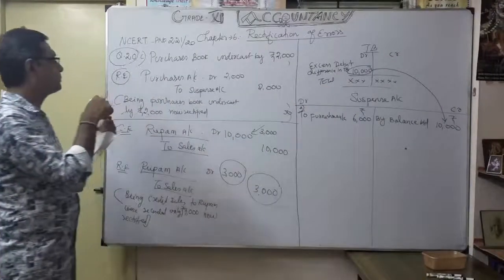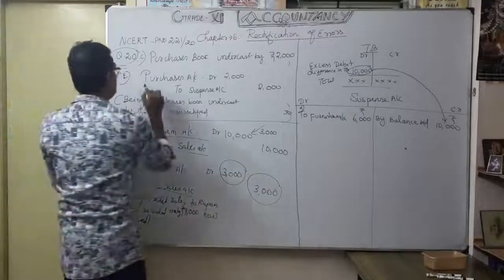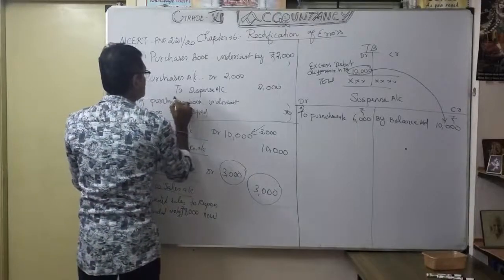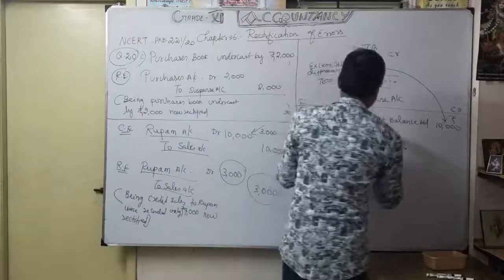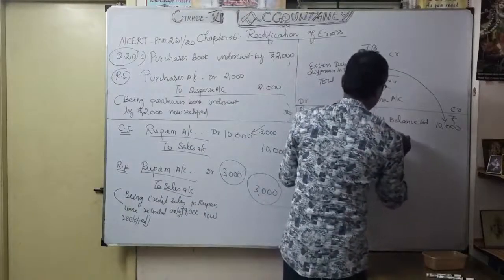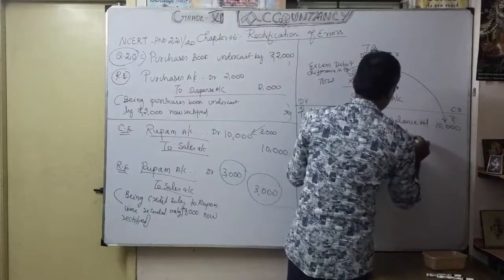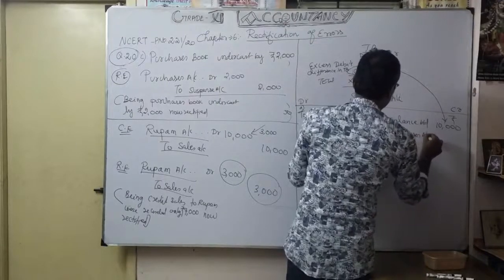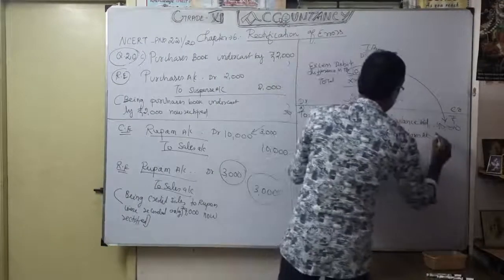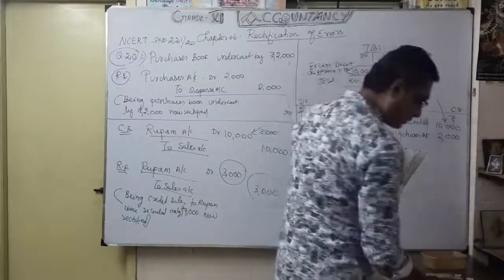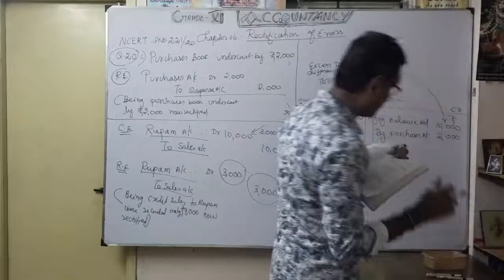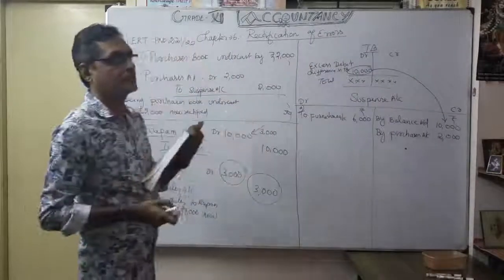So naturally posting will come. Yes. So now, if it is the base, now the suspense account we are opening. So how to do? By purchases account. How much? Purchases account 2,000. That's what we are going to give the effect of, that purchase account. So understood now the third transaction.